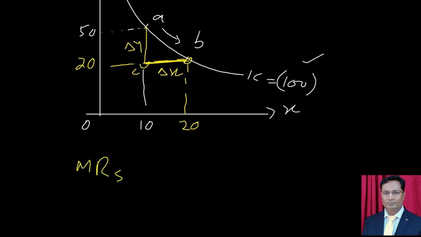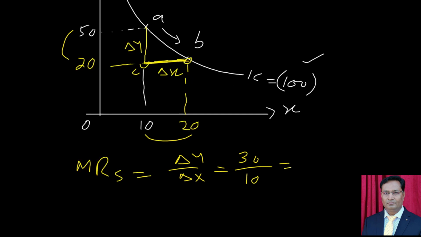So marginal rate of substitution is equal to change in Y over change in X. And this is equal to the gap between 50 and 20, which is change in Y, and that is 30. And change between 10 and 20 is 10. Officially it will be minus 10, but we can ignore minus sign. So if we further simplify it, then answer will be 3 over 1. It shows that for every one additional unit of X good, consumer has to sacrifice 3 units of Y good, but all combinations along the IC curve give him equal level of satisfaction.